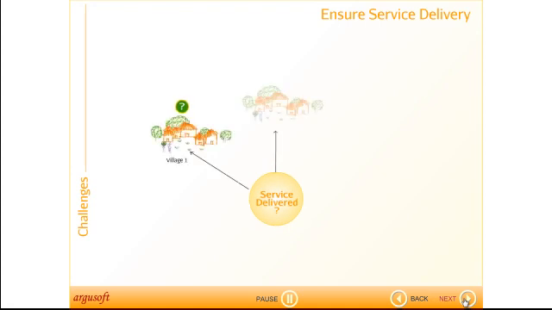Ensuring service delivery is yet another challenge that many health initiatives have to deal with. Considering that there are several health workers working in various rural areas, it is practically impossible to monitor whether the service was actually delivered. To address this important challenge, MAID has two methods. One is the use of photography and the other is the use of GPS.